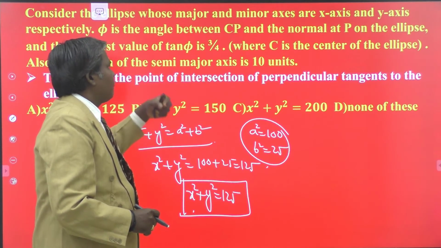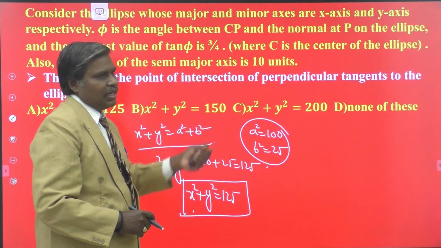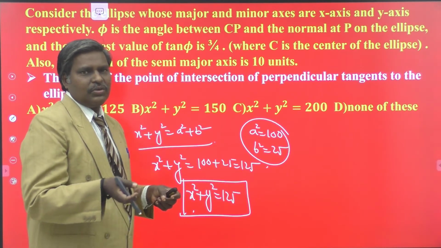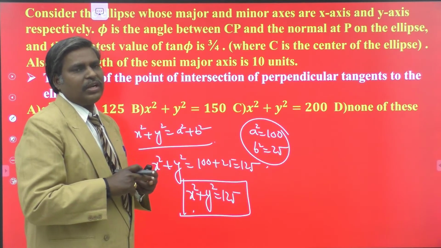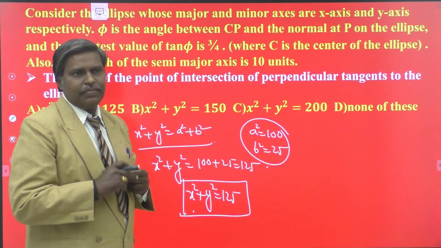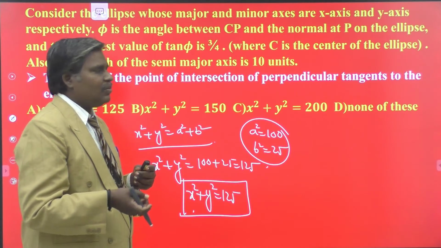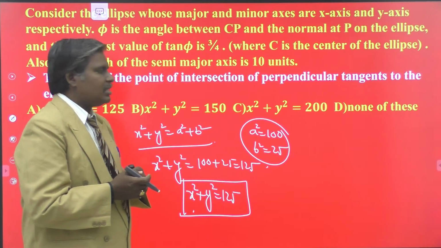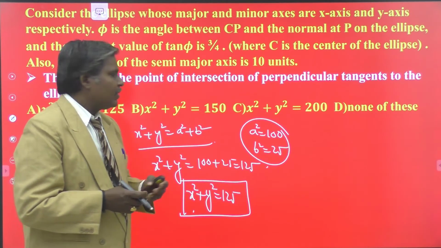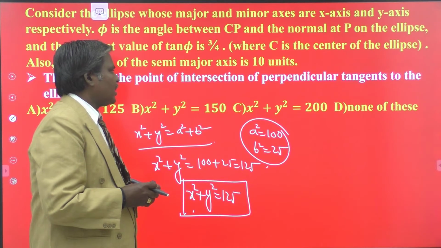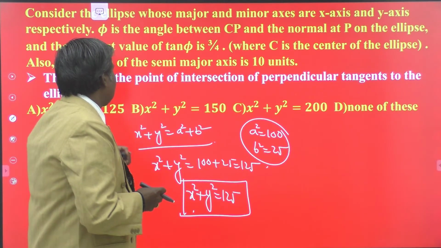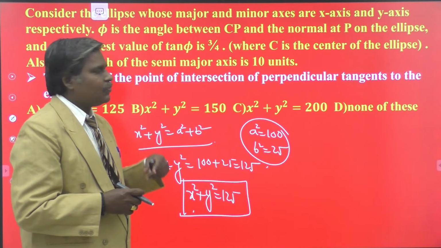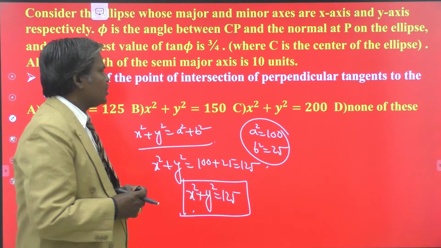Once you know the maximum value, equate that to 3 by 4, you have a relation between a and b. From that relation, you calculate the eccentricity. Once you get the eccentricity, they have given the value of a. From that, you can calculate easily the value of b. From that, you can write the b square value. Once you have a square and b square value, the remaining thing is nothing. One question is related to the director circle, and another question is also very simple. So just by cracking the first question itself, we can do the remaining two questions also.